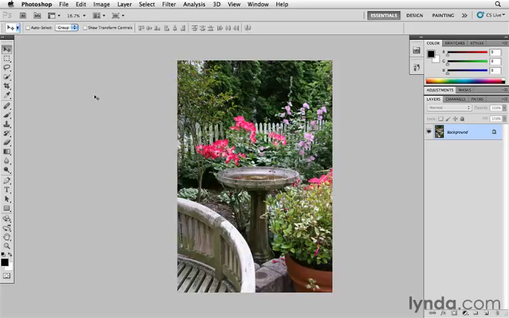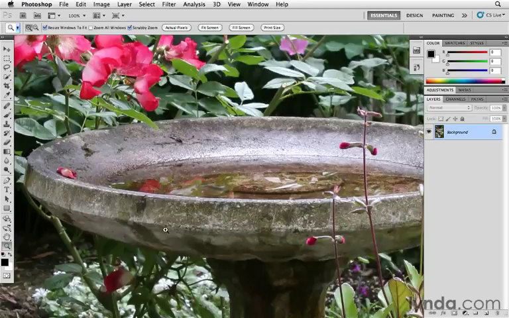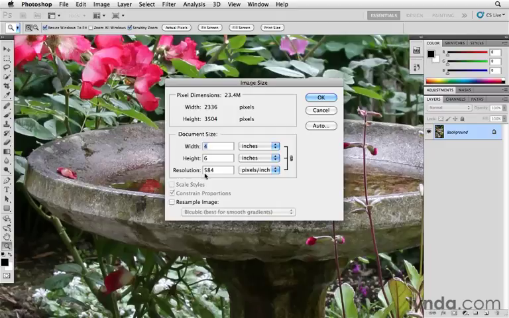If I go to 100%, let's go ahead and double click on the zoom tool, and I'm viewing the image at 100% view, the actual pixels view. Here you're seeing every single pixel in the image represented by one pixel on the screen of the display. You can see there's a lot of pixels here. It's a big file. If I go back to image size, you can see it's a 4x6 at 584